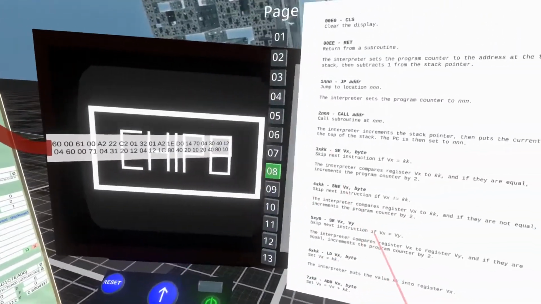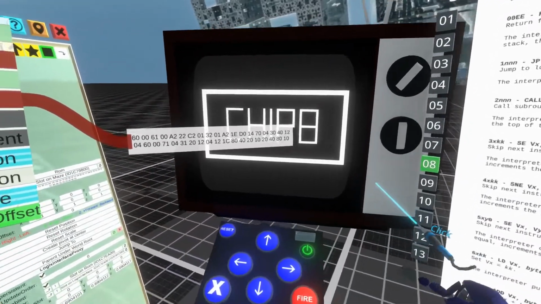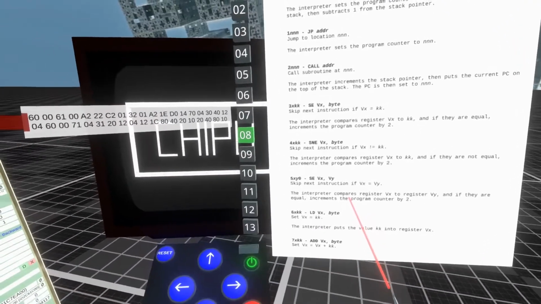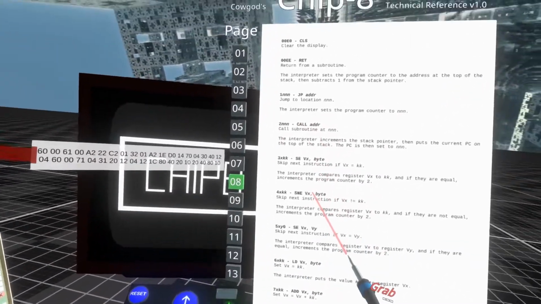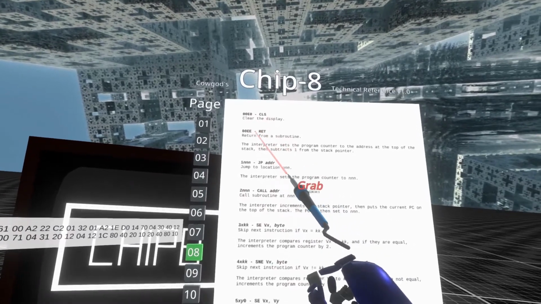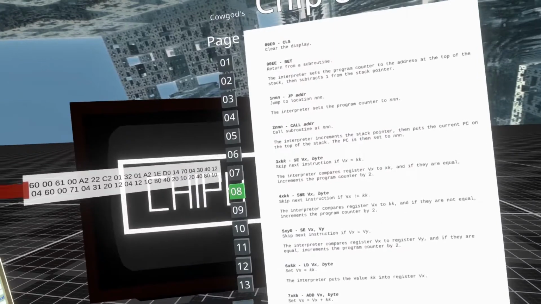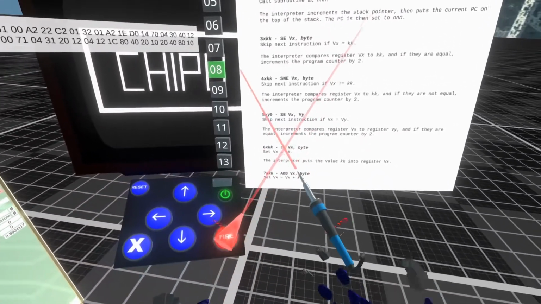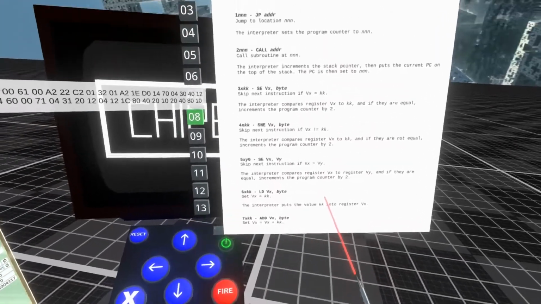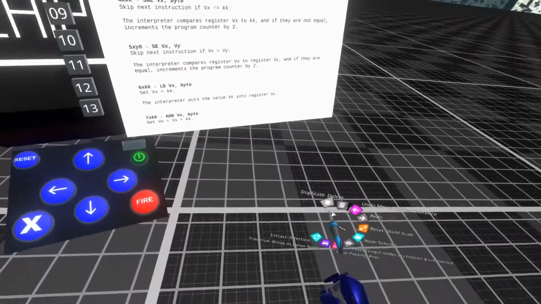So my first thought was, okay, if I want to program this wonderful emulator all in Neos, then I'm going to have to write an assembler. I'd have to write a bit of logic that parses through things that say clear screen, return, jump, call, and assembles them into machine code. And since we don't even have an actual text editor in Neos, that just didn't seem like it would be convenient. And my second thought was,